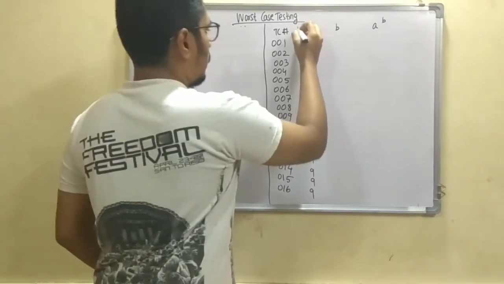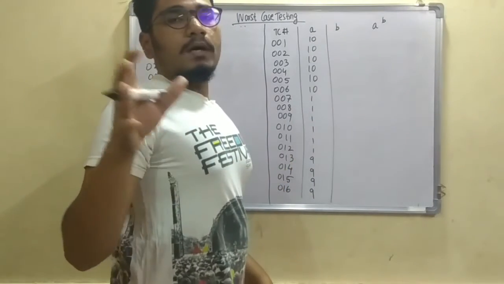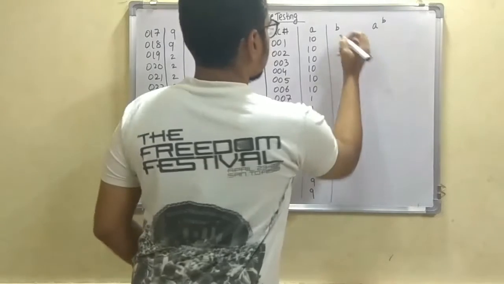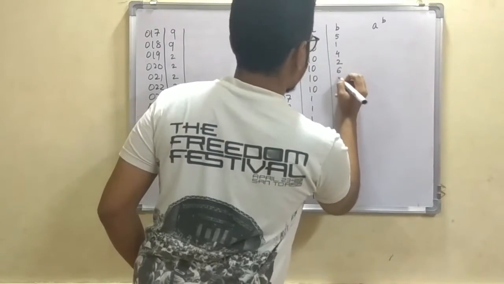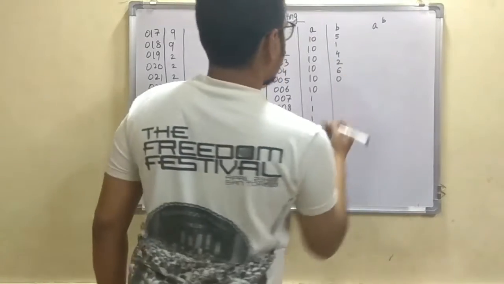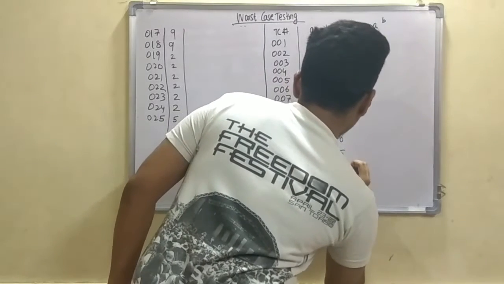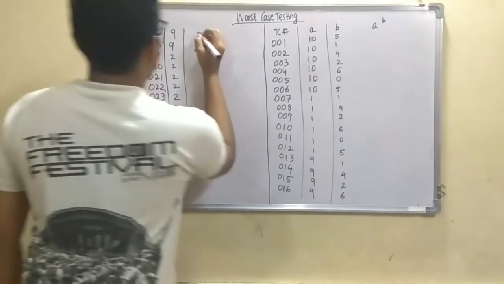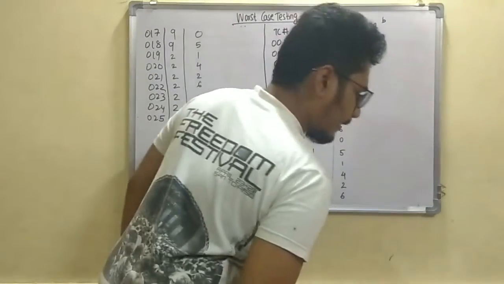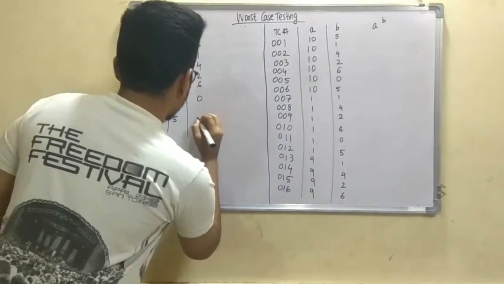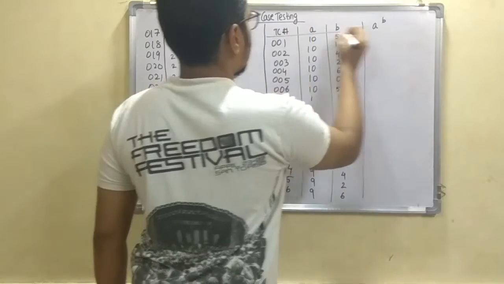Now we'll fill the B column. B column is taken from B. We have similar values, that is 5, 1, 4, 2 and 60. So similarly we have to write this: 514260, 514260, 51460, and we have one more 3, so I have missed something here. So you can actually write it and solve this problem.